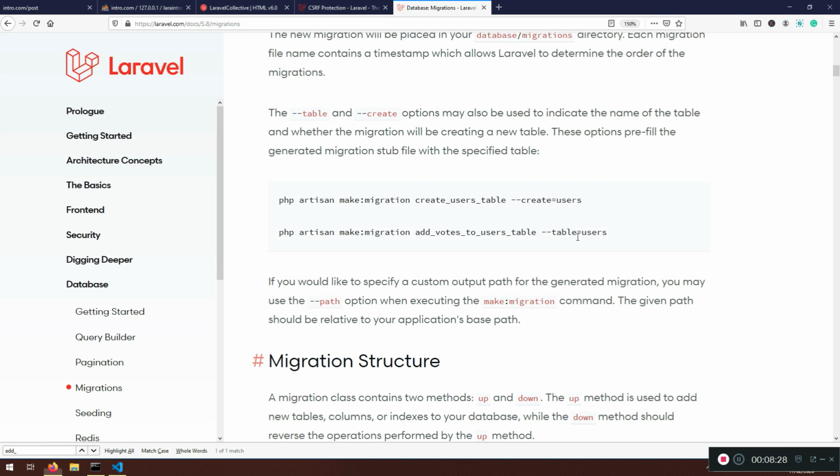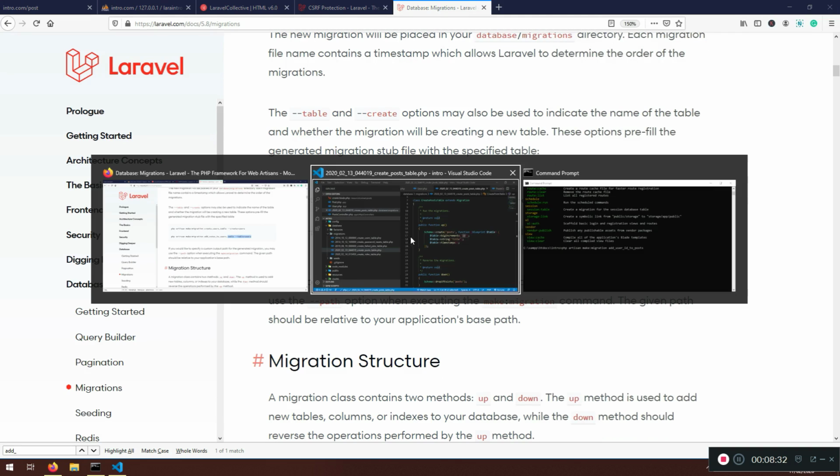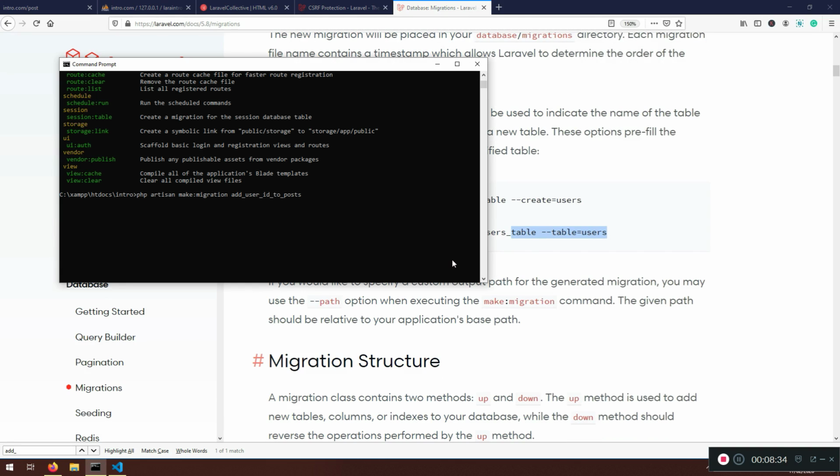Here it is. It's saying here posts table. And you can also copy this if you want, but I'm not going to. And after that, we're going to say dash dash table equals which table? Post. I think it will work with the quotes, but let's put it as in the